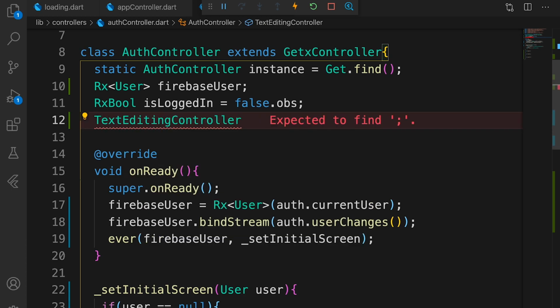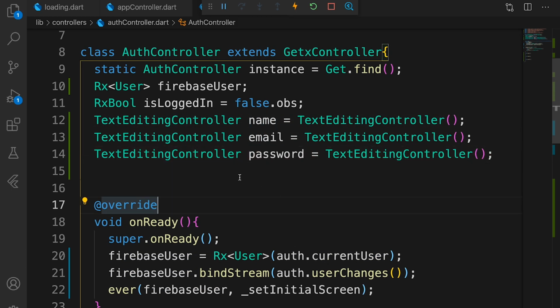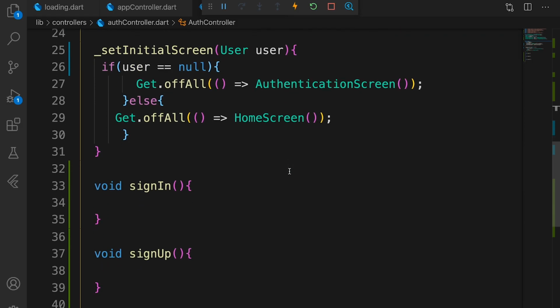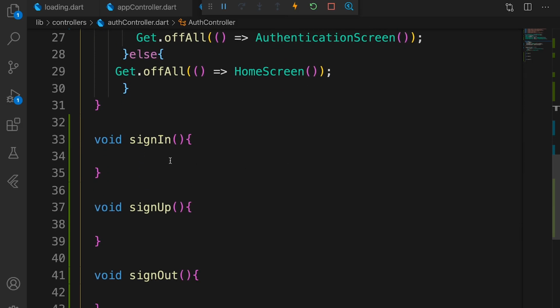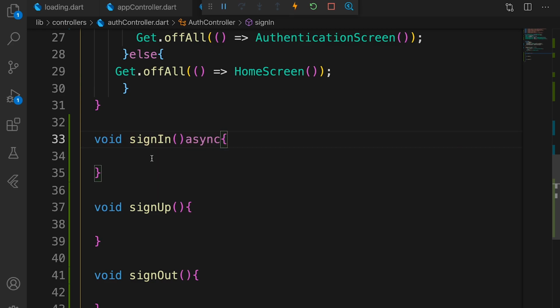So now we have defined our text editing controllers, which are name, email, and password. Here inside of our sign-in method, first we want to turn this method into asynchronous,